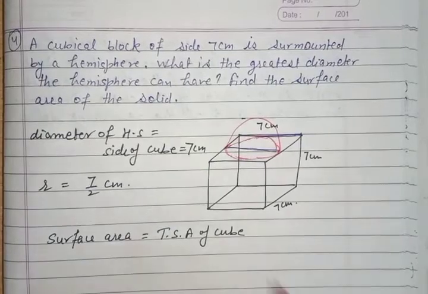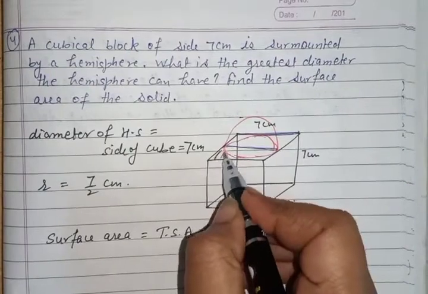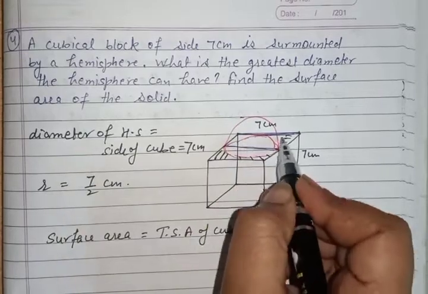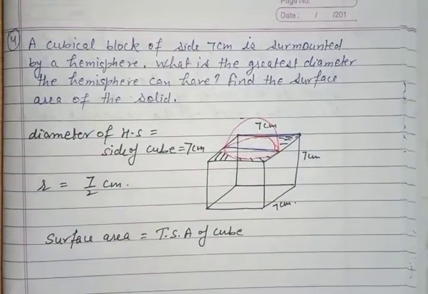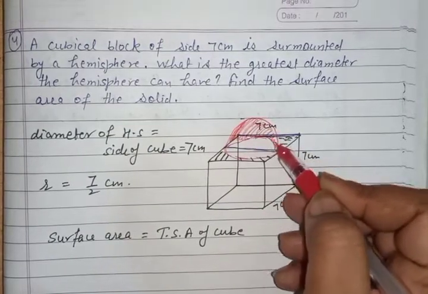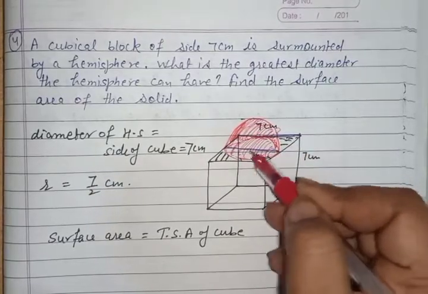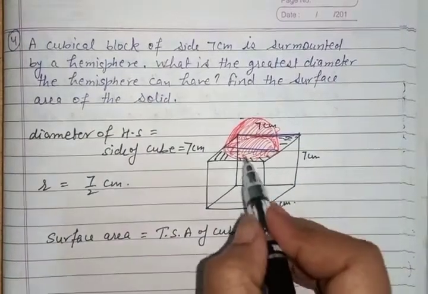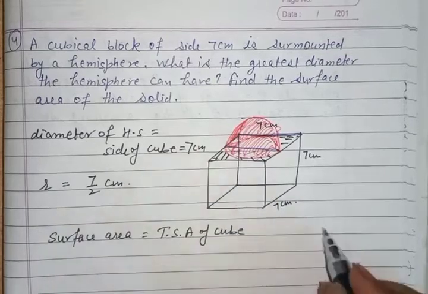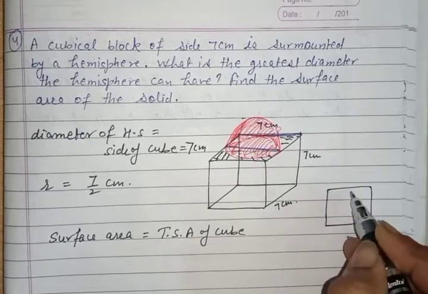Because when we keep a hemispherical bowl or something over it, then this part also is exposed. And this whole part is covered. So total surface area of cube, because of the last face, if I draw this last face only, the upper face of this cube,